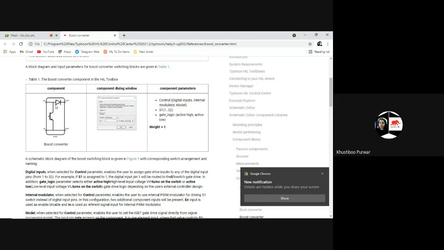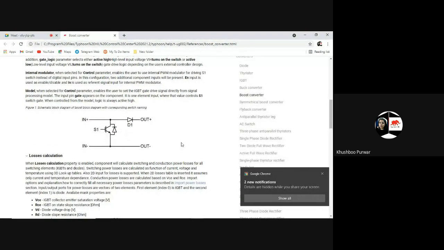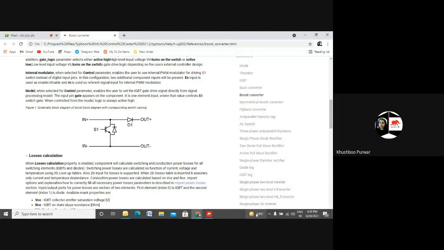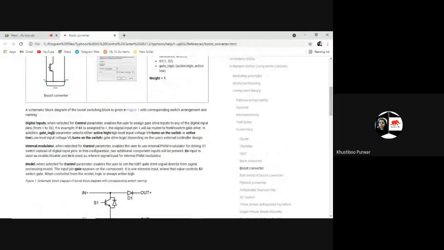So this is the component and this is the schematic diagram for this. You can see that this is a single switching. Because of this single switching operation, it provides high efficiency, and the rest of the parameters you can go through in detail with this document which is available.